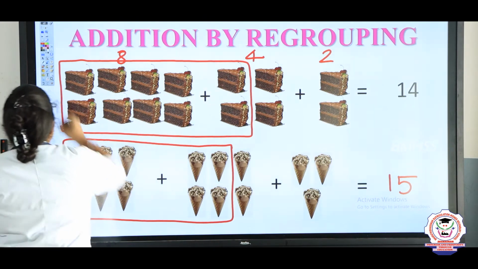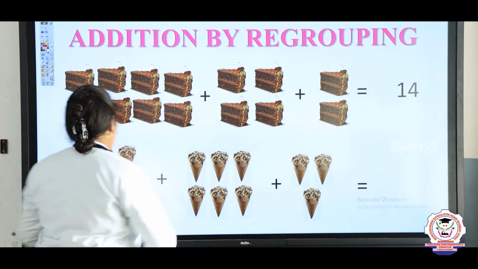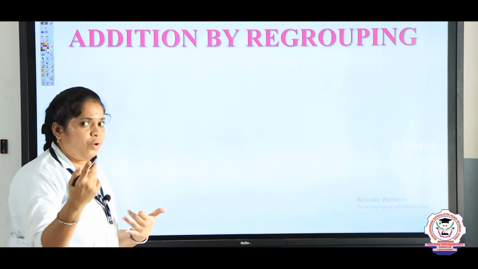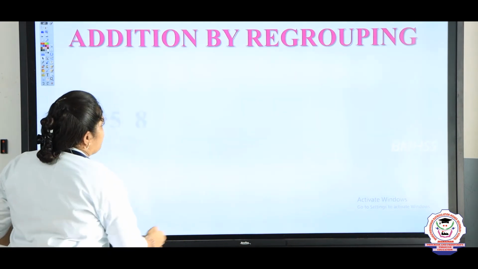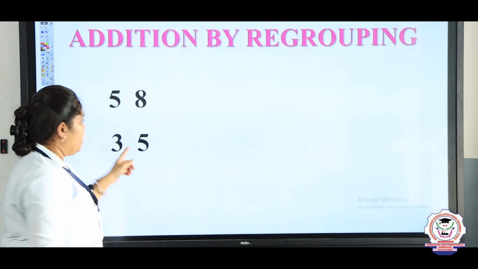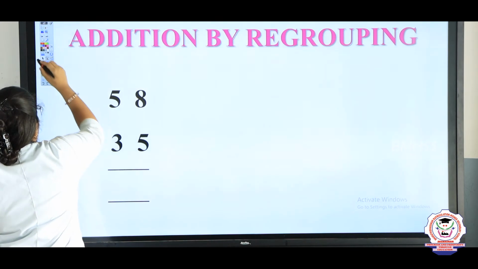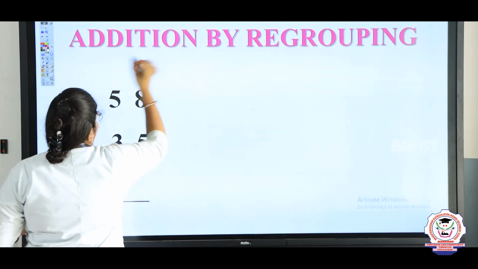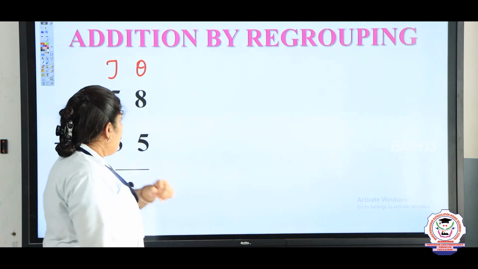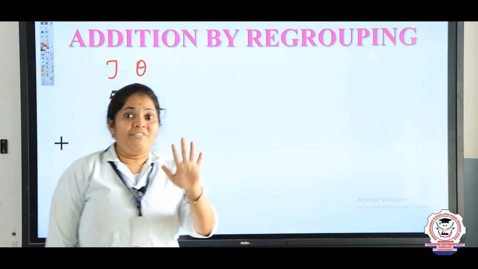Super. Let's do the sum now using the numbers, not by the pictorial representation. Fine. Now we are using the numbers. Now we are going to put the sum using the numbers. So my dear children, see here 58 plus 35. Always the addition will start at the ones place value, and then only we can move to the tens place value. Come on, tell me what should be in your mind and what should be in your finger. 8 in the mind, 5 in the finger.